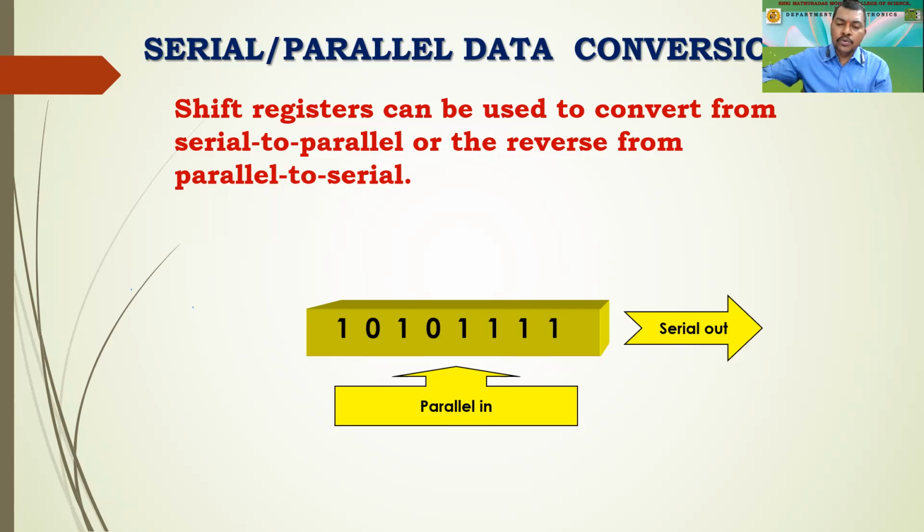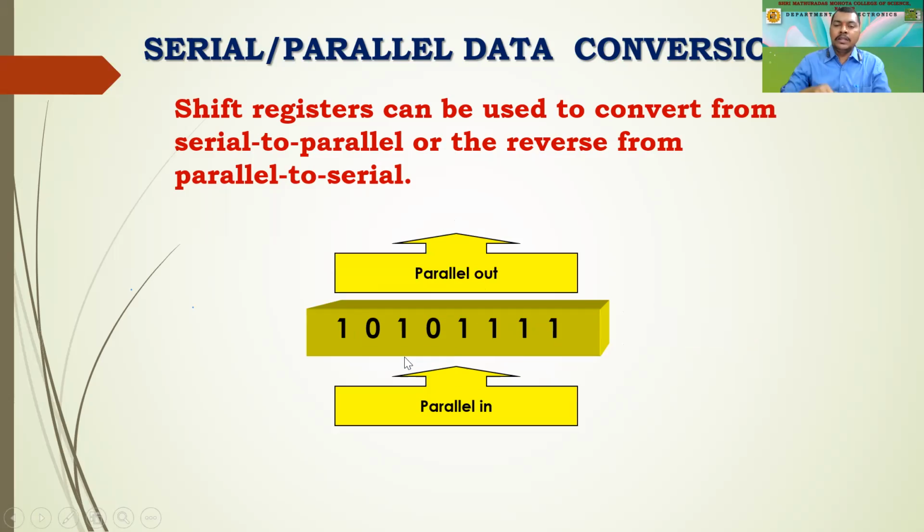And in the CPU, we again take that serial data and convert it into parallel for the processor to process. So this is another type of shift register, which we call parallel in serial out (PISO), an 8-bit parallel in serial out data shift register. So we have studied serial in serial out and serial in parallel out. The third one is parallel in serial out, and the last one is parallel in parallel out.